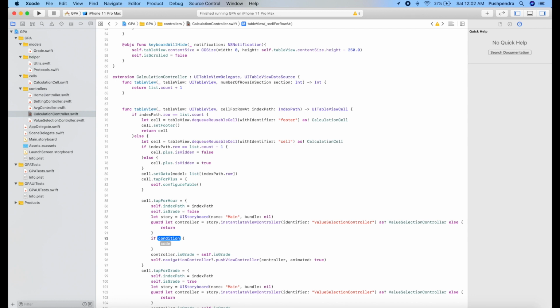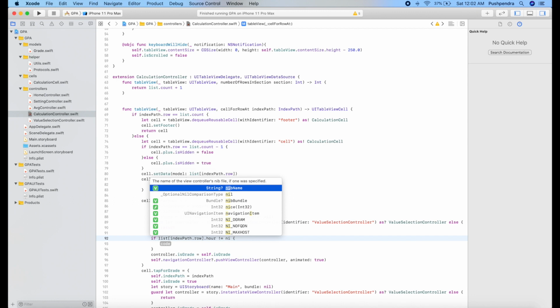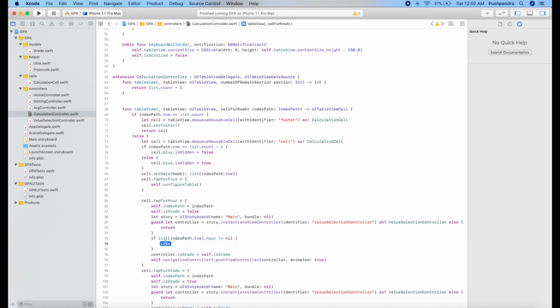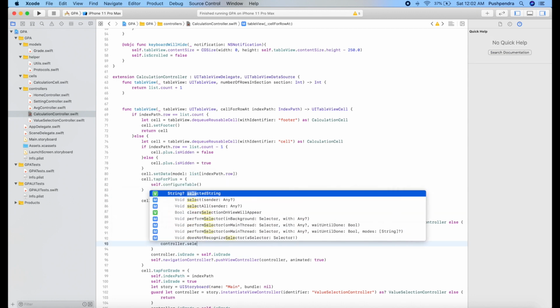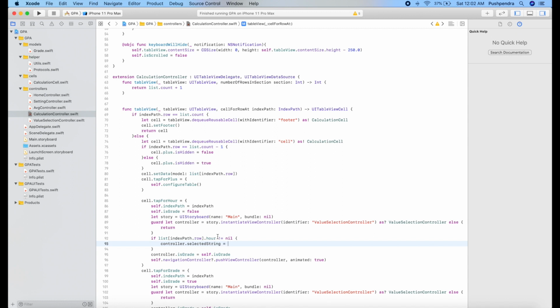If this is for hour, so here we will validate if list index path dot row dot hour not equal nil, then we will set controller dot selected string equals hour.